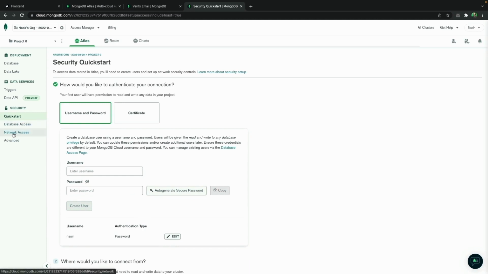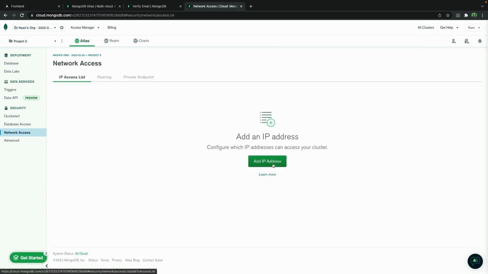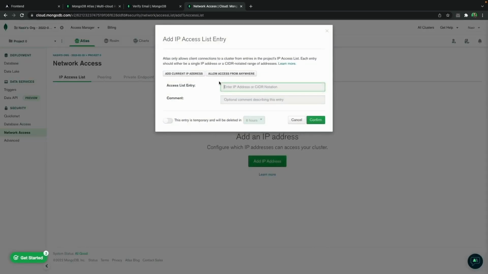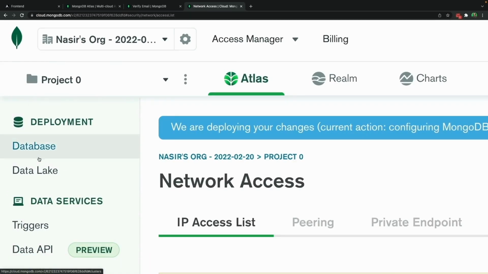But what about the network access? The IP addresses that could use your MongoDB server. So click on network access. Here click on add IP address. Since I don't want to limit the usage of my MongoDB server and it's not credential for me, I click allow access from everywhere. That enters 0.0.0.0/0. Don't use it if you want to use your Mongo Atlas for your business because it makes your database more easily accessible. Click on confirm, then go to the database here